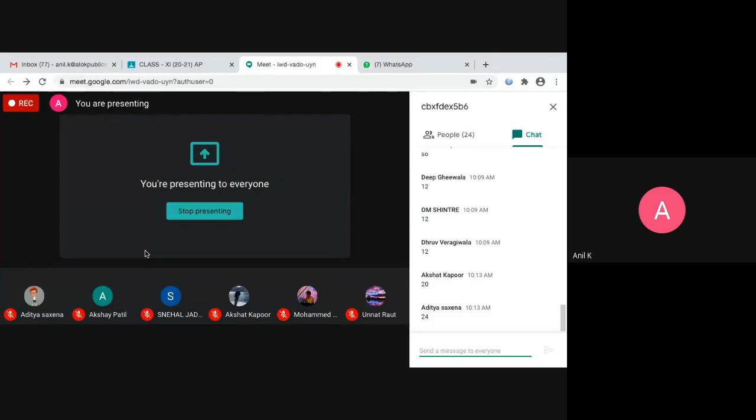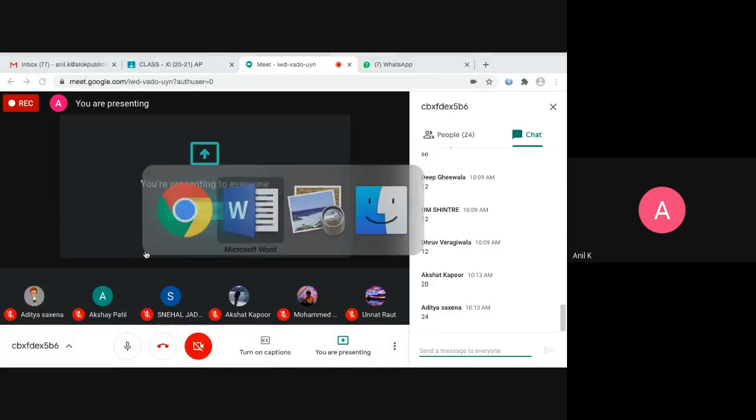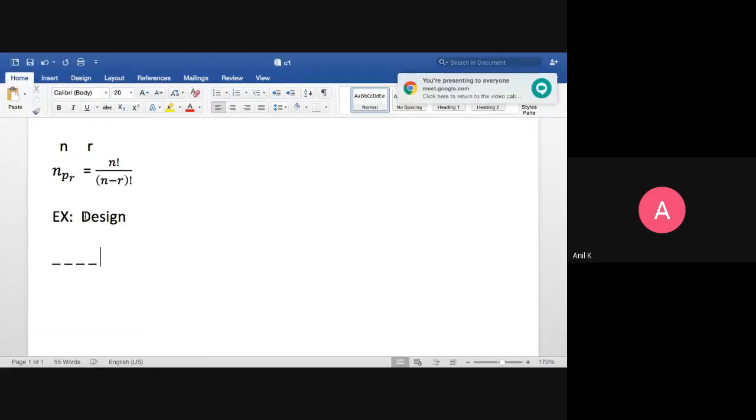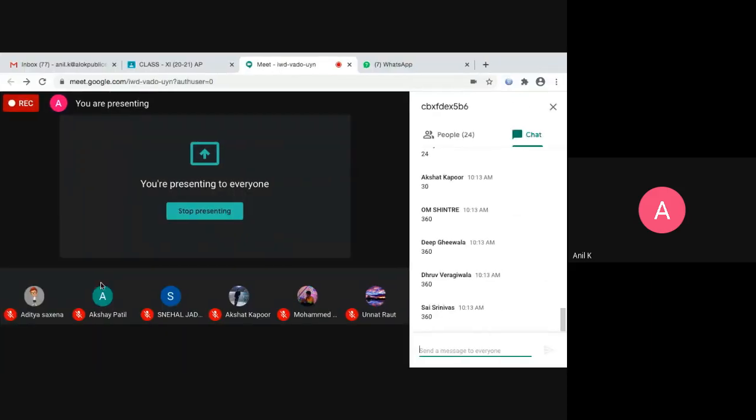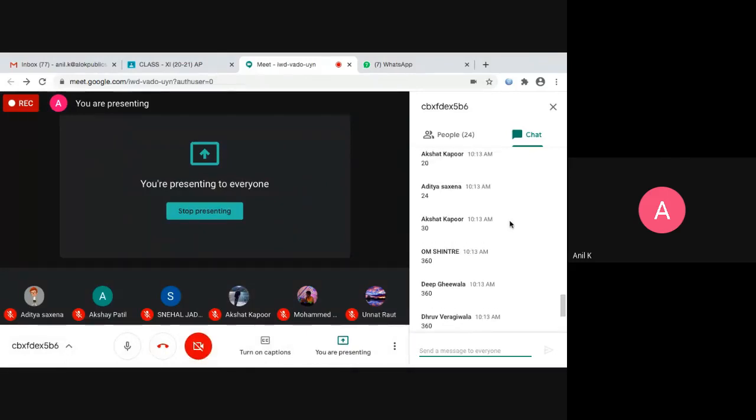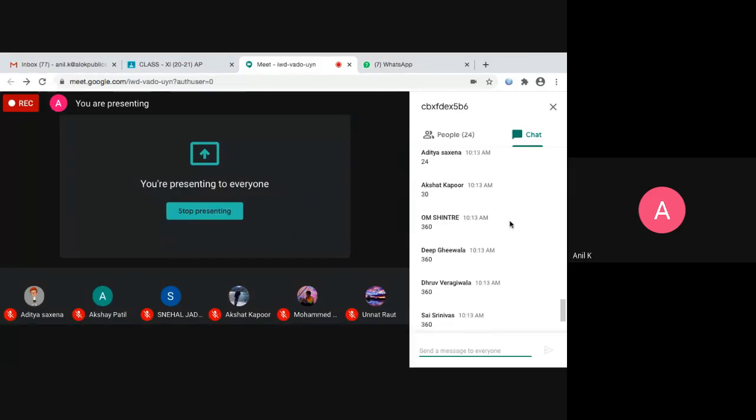20? No. 24? No. Check, you have to make a four-letter word. Out of six letters, you have to use four letters. So here the first case will come, 6, without repetition of course. 6, 5, 4, 3. 6 fives are 30, 30 fours are 120, 120 into 3 is 360. Is that clear? Yes, 360, you have given the answer. Those who gave 20, 24, 30, I am not getting how they got those answers.